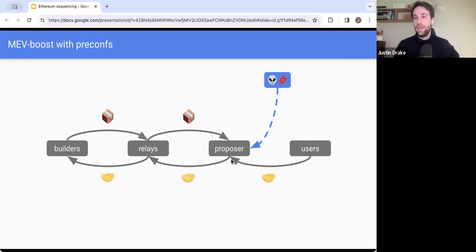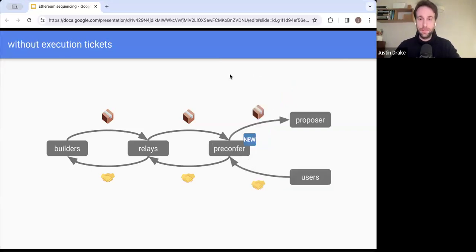You have to run a full node for every rollup. You have to have very high bandwidth to be able to have tens of thousands or hundreds of thousands of transactions per second. You need to have very high uptime. You need to have denial of service protection, et cetera, et cetera. And so with execution tickets, we have a nice design, but what about without execution tickets?